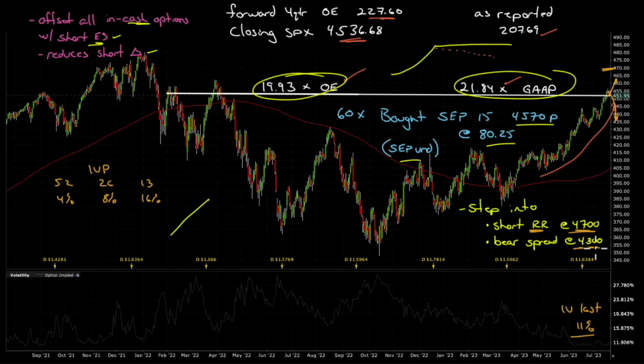When I do take them, it'll be for 50%, meaning that I bought these for 80.25. If we have a rally, I'll look at the 4700s, and when they get to 40, I'll sell the 40s against these to lower my cost by half. If we do get a sell-off, I'll look to the 44s or even the 43s and try to get them for 40. If I can see the 44s at 80, if we do have like a 150 point sell-off,